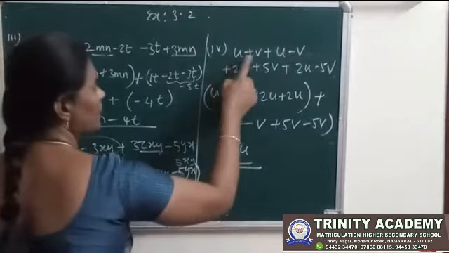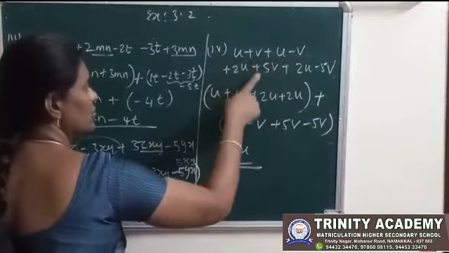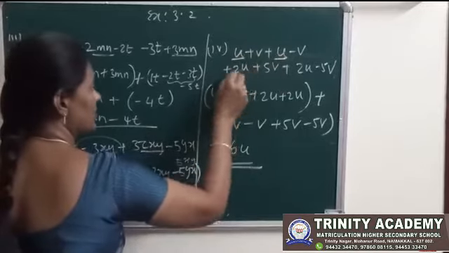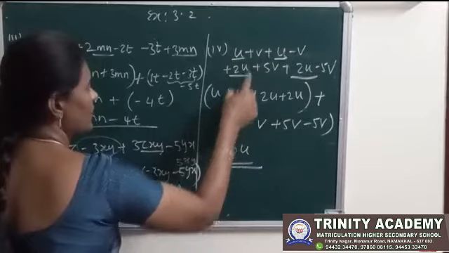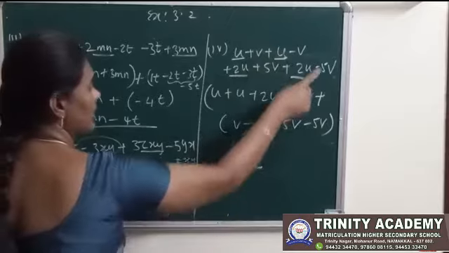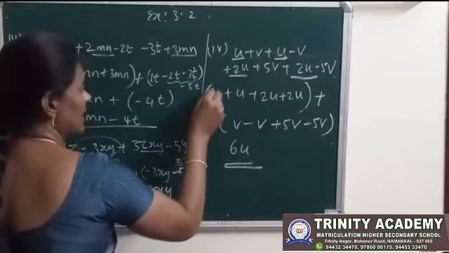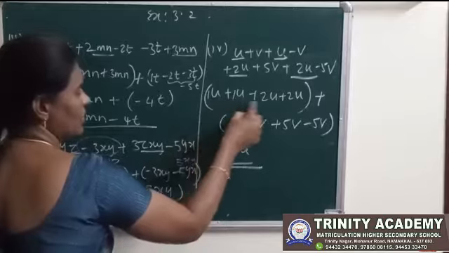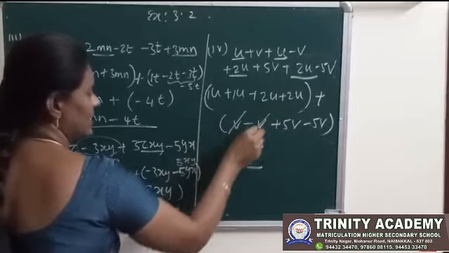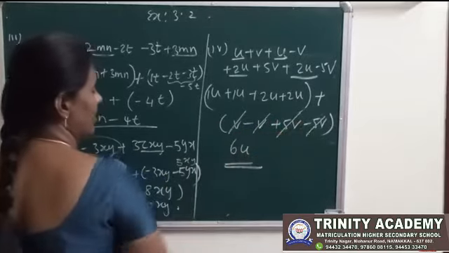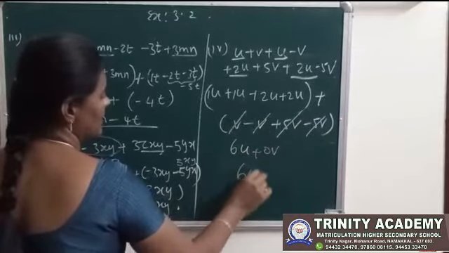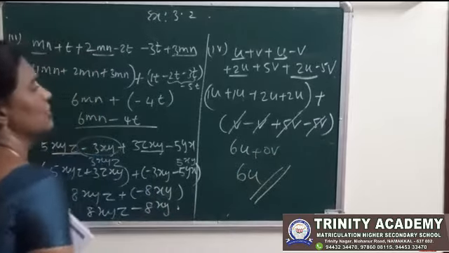Then now we add u plus v plus u minus v plus 2u plus 5v plus 2u minus 5v. See here, first you group u terms. This is like terms. U plus 2u plus 2u, plus here v, here minus v, here plus 5v, here minus 5v. See here in front of u is 1. That is 1 plus 1 is 2, 2 plus 2 is 4, 4 plus 2 is 6u. Here plus v minus v cancel, plus 5v minus 5v cancel. So the v terms fully cancel, plus 0v. This one again we write 6u. 6u plus 0v is 6u.